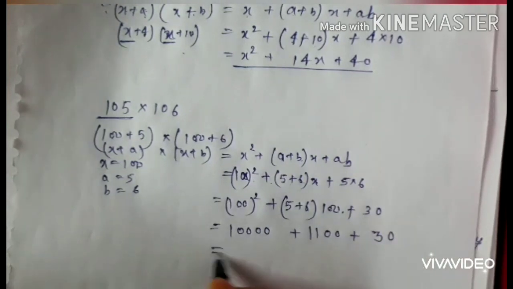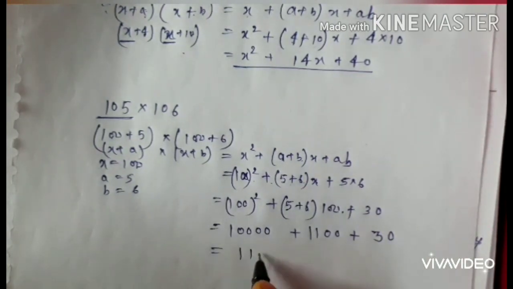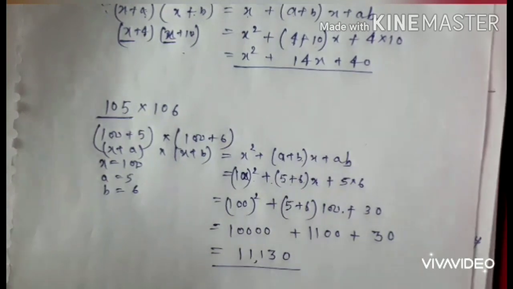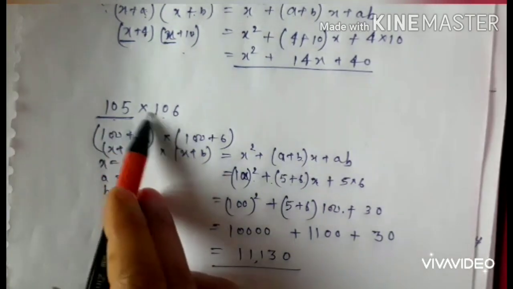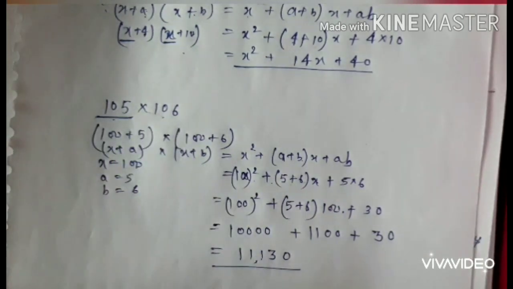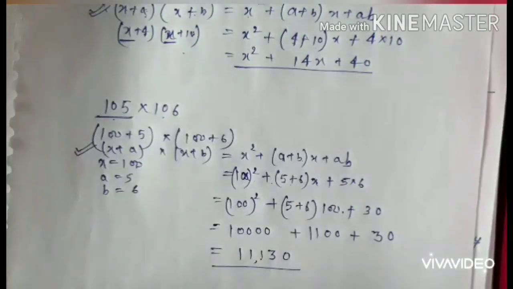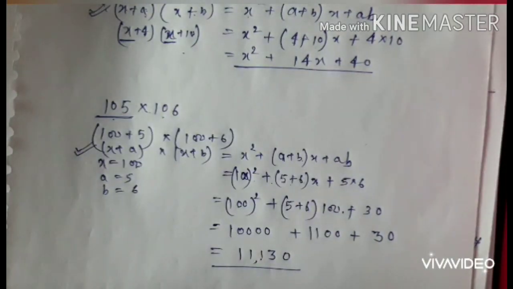Now after simplification, which value will you get here? Add these: 10000 plus 1100 plus 30, that means your 11,130. Without multiplying, you have done this with the help of the identity. So identities are important. So firstly you have to remember